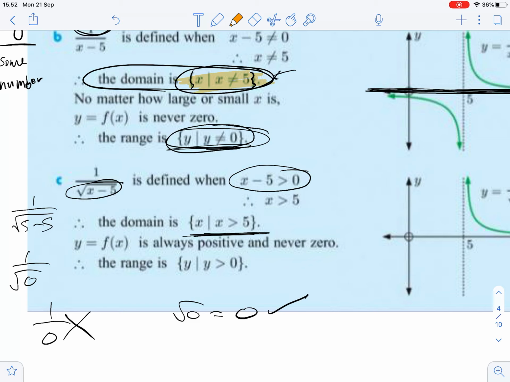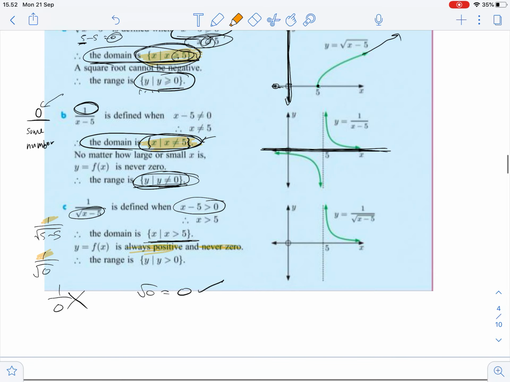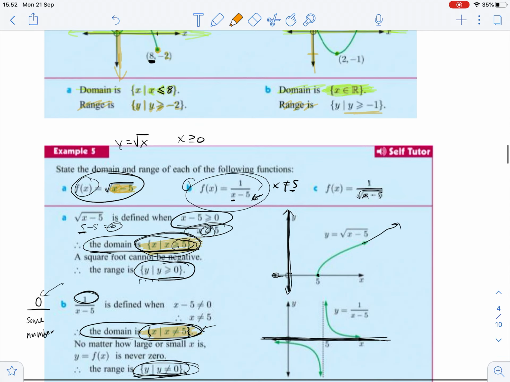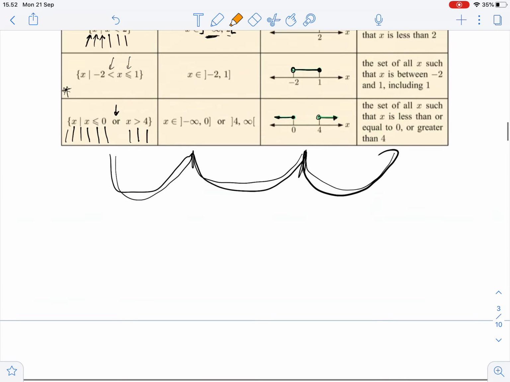And same thing with the ranges. It's always positive because our square root is going to make it positive. And it's never 0. Why is it never 0? It's never 0, again, because the 1's in the numerator. Simple as that. Okay? That's it for